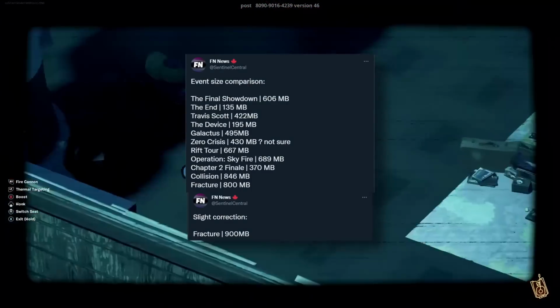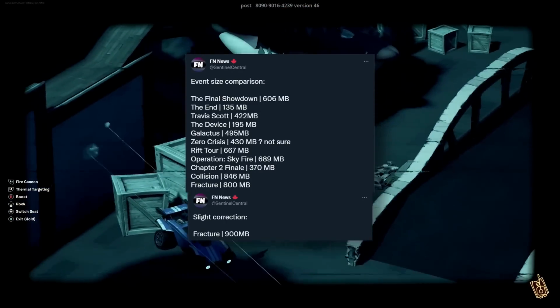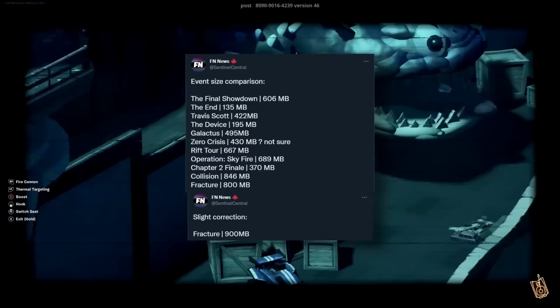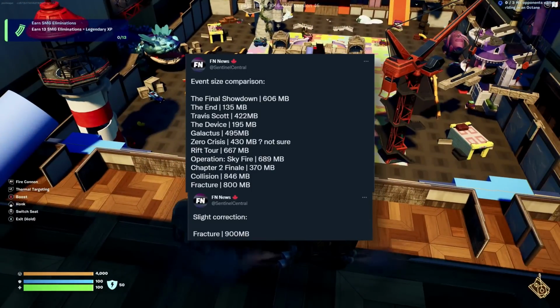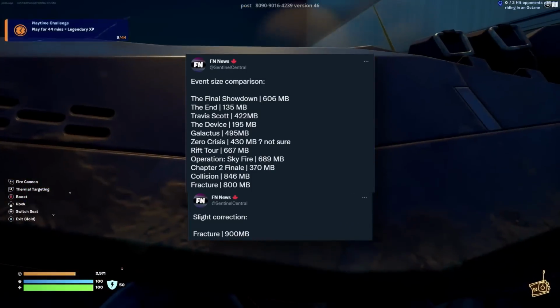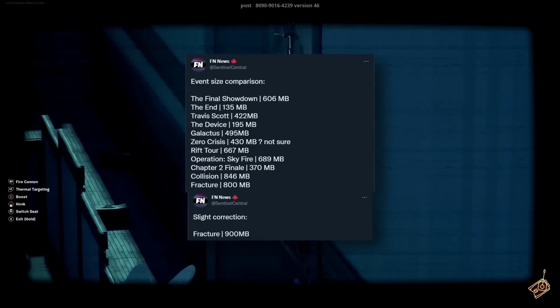And really, just looking at these file sizes, you can kind of look at it and think this is going to be a pretty major event, because you look at other big ones we had, like the Galactus event, that's a pretty big file size at 495, but the bigger ones where you go to new different places, for example Operation Skyfire, that's 689 megabytes, and when you went inside the UFO, a lot of stuff